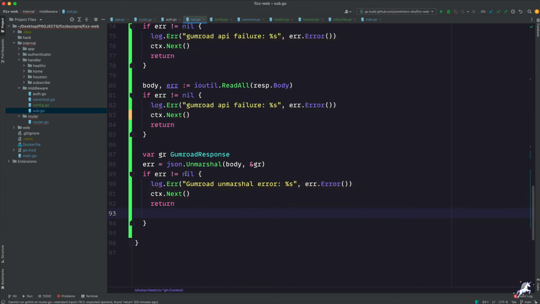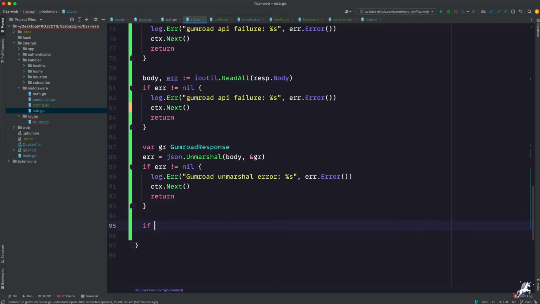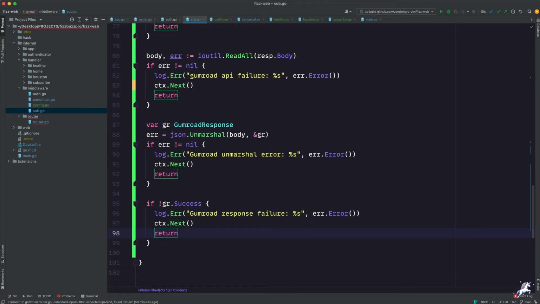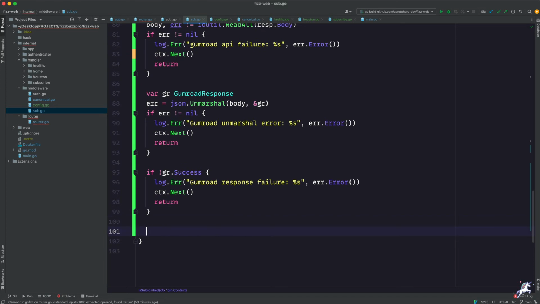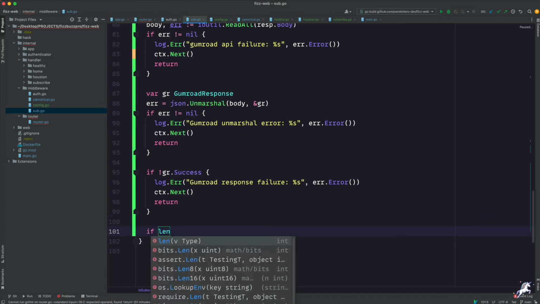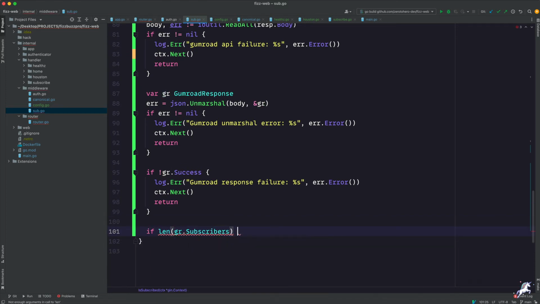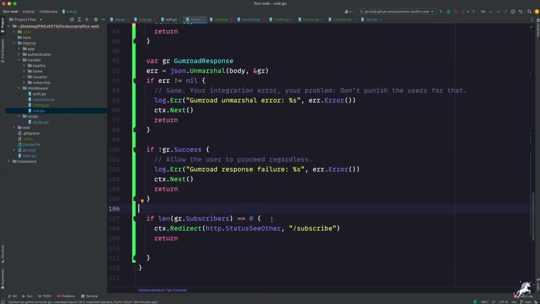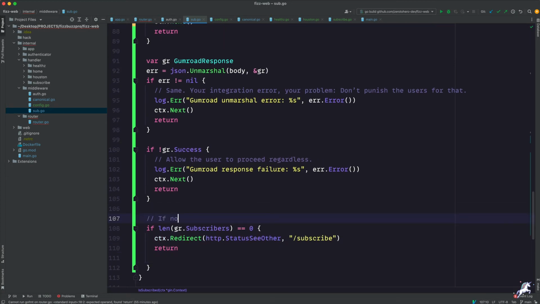And that's a risk that I'm willing to take, because if you think from a business perspective, if there is a problem with the Gumroad integration, it's not the user's fault, it's our problem. And we cannot punish the user by not showing them the content just because our integration is a little funky. So I'll err on the side of being permissive and let the user in if there's a problem with our integration layer. Next, we check the subscriber count, and if the user is subscribed, we should get a non-zero number,